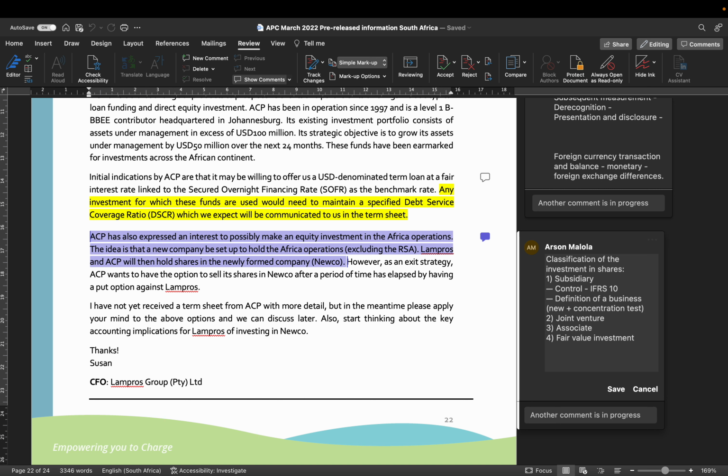Now, my view is that if they wanted you to look at the concentration test, it'll probably be a little bit more specific. However, you can't take that chance. So you need to at least know the basics of the new definition of a business and the basics of the concentration test, in order to determine whether or not we have a business, and how the concentration test works, with all those options and what all the conclusions mean. And at the same time, we need to revise the definition of control: power, exposure to variable returns, and the link between the two, and all of those concepts in between.